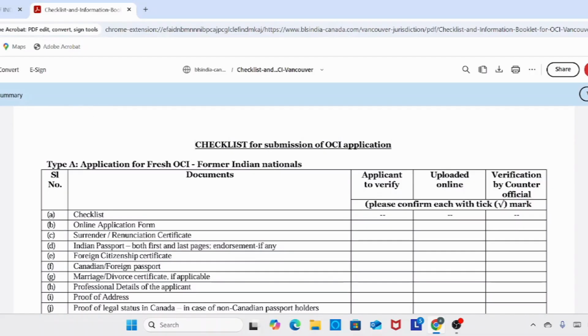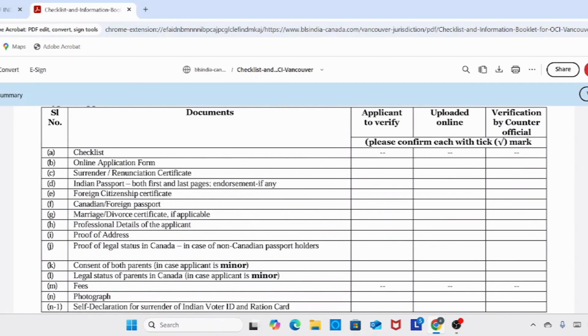Here you can see a checklist for submission of OCI application. Please confirm each with a tick mark. Here you need to tick mark which documents you submit with the OCI application. First, we need to submit this checklist with our documents: online application form, surrender certificate of the kid, for a minor, and Indian passport, both sides, first and last page, foreign citizenship certificate, Canadian passport, and we can submit here